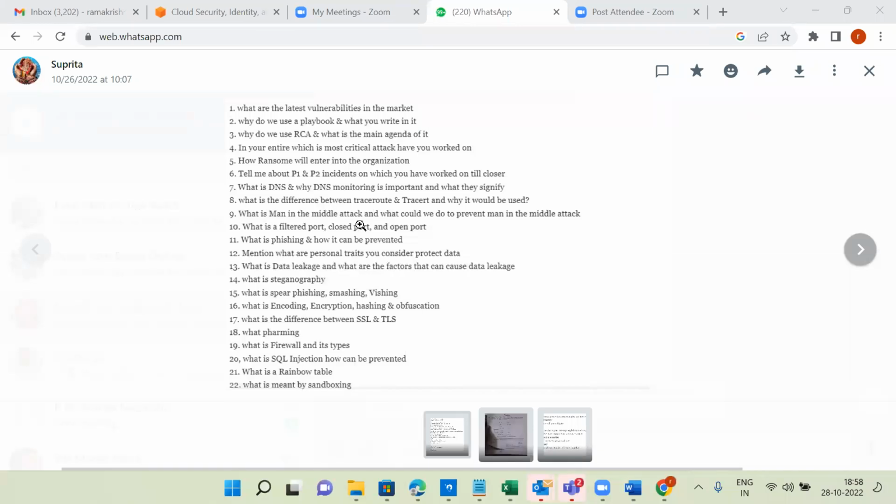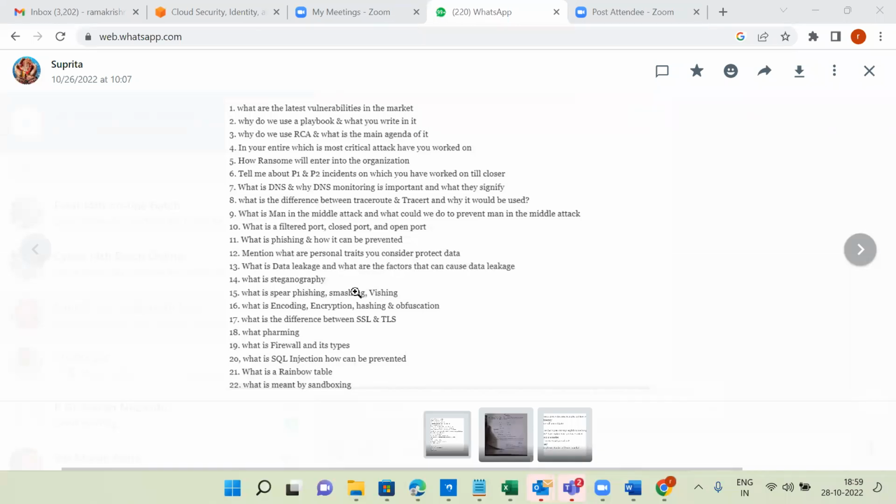Next one: what is the difference between traceroute and tracert, and why would it be used? Traceroute and tracert are both the same only. Traceroute, in short, we call it tracert.